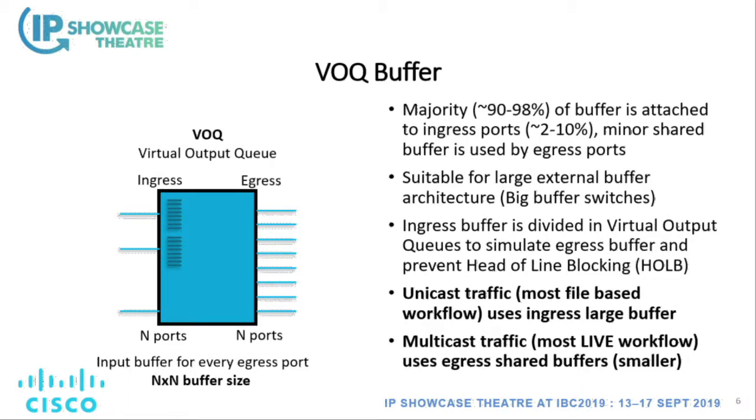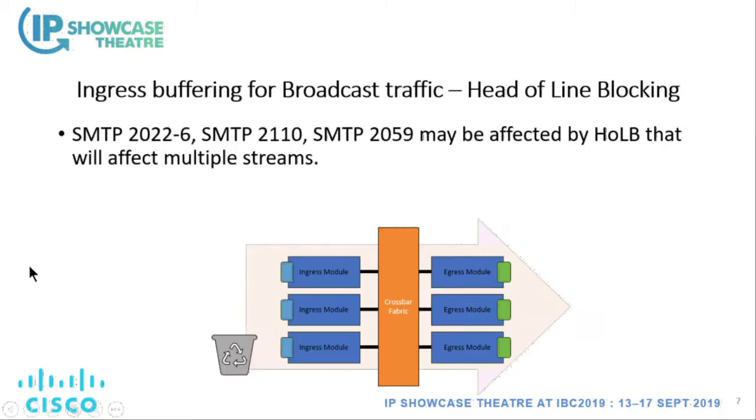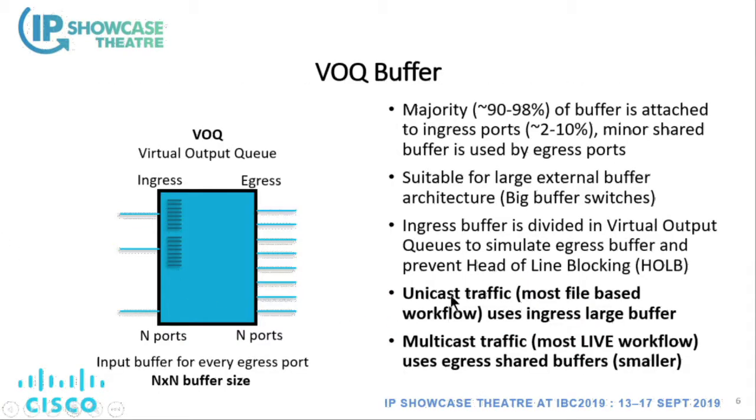Where do we see use for this? When we talk about unicast traffic, this is what we have here. Most file-based workflows are unicast-based, and they're going to use the majority of that ingress buffer which is present there. However, in the VOQ architecture, we have a super small portion of the buffer which sits on the back, which I mentioned in this first paragraph, and that multicast buffer or egress buffer which is present here